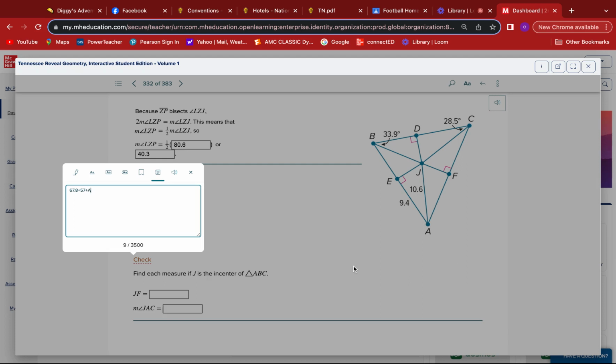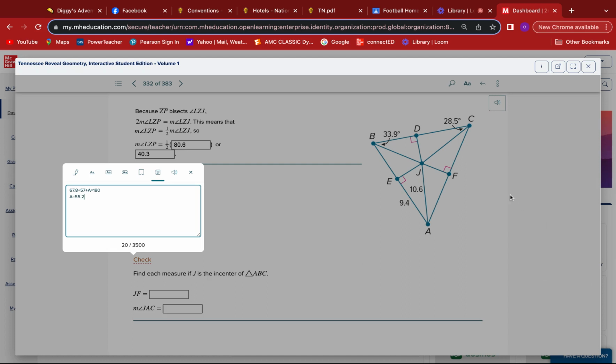So I'm just going to call it angle A for right now, equals 180. All right, so I'm going to subtract both of those numbers to the other side. And the big angle A, my apologies,